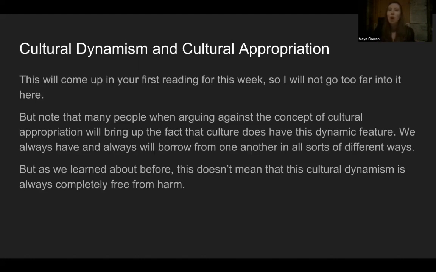And so, just because we can understand that people borrow from each other, people appropriate from each other, it still doesn't mean that these things cannot be harmful, because they certainly can be, but also it doesn't mean that